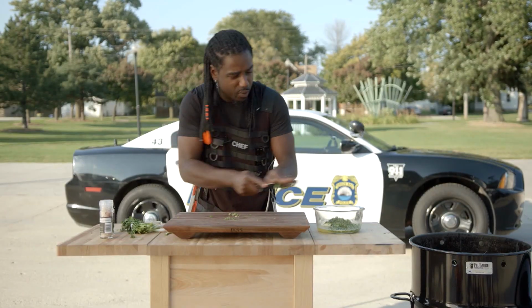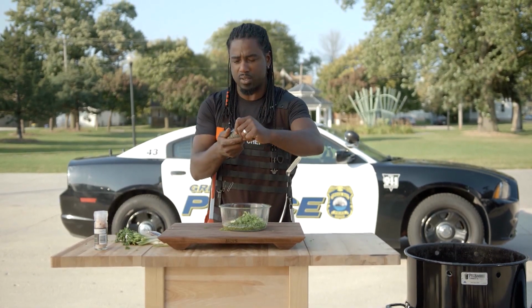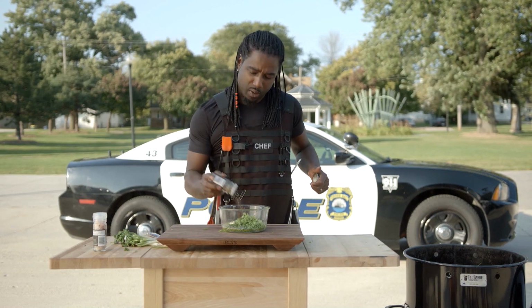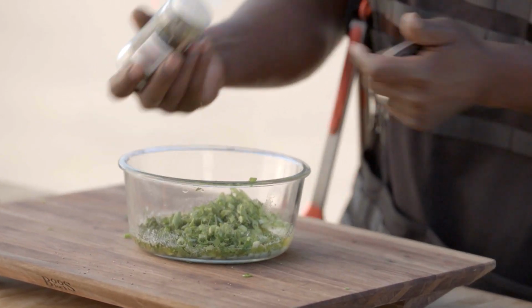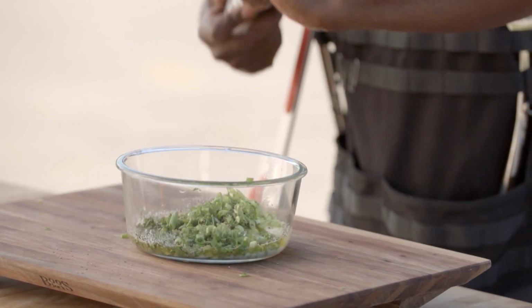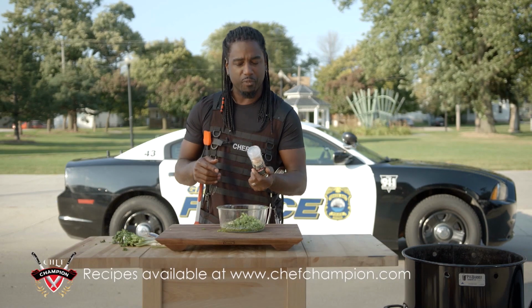Go ahead and add in that green onion right to that. Bring that up here. Now we're gonna go ahead and season it. So I'm gonna season it with just a little bit of this thick black pepper, coarse ground. I like the coarse ground black pepper just because it has a little bit more flavor to it than the basic ground black pepper. And then I'm gonna add some of this Himalayan sea salt that I got from Frontier